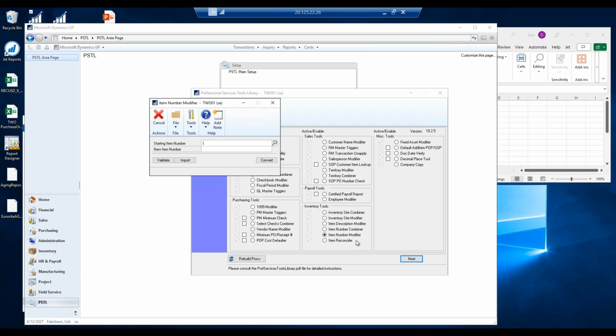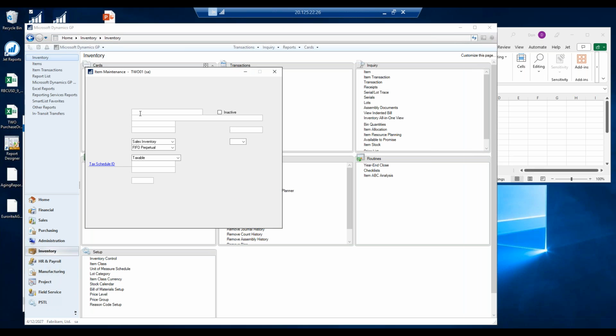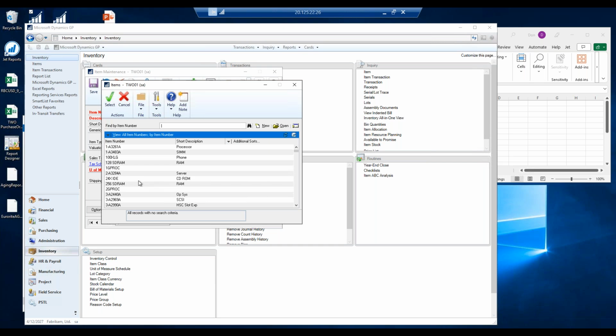On the combine, there are some serious limitations that may cause you some grief. First off, the number of decimals for the item must be identical, both on the dollar value and on the unit. The unit of measure must be the same, okay? So, things that you cannot change inside inventory. When I look at inventory and bring up an item, one of my favorite items,